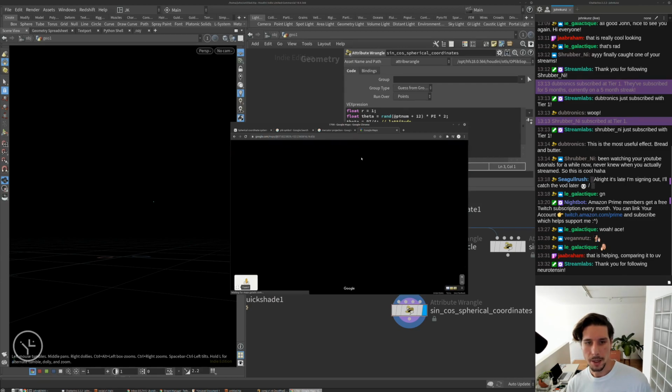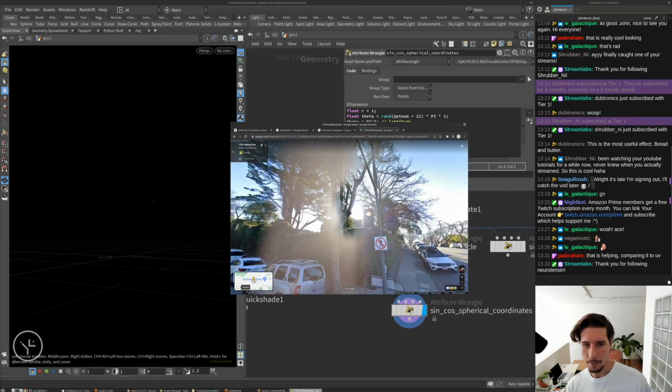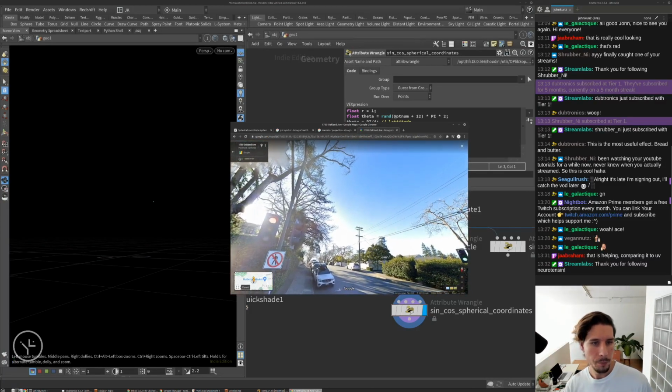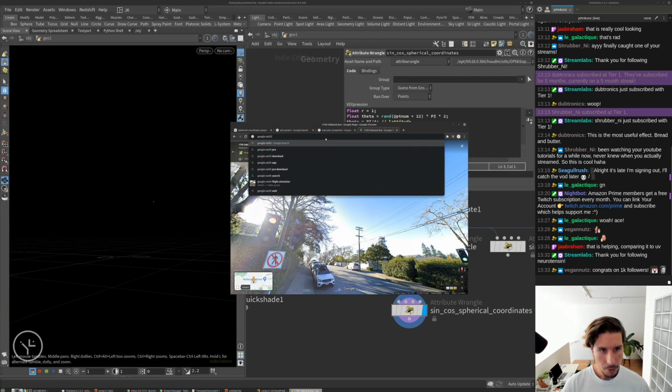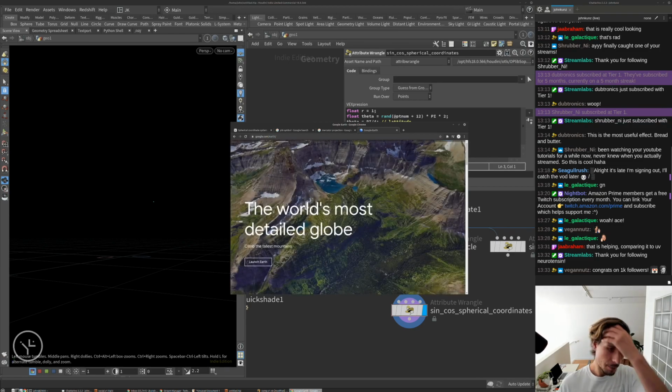If I drop this guy down, then we're now in 3D space on the surface of that area. But this is still giving us specific X and Y or UV, theta, and phi, just latitude and longitude coordinates. Maybe if you do Google Earth instead, I don't know if I need to install it, but